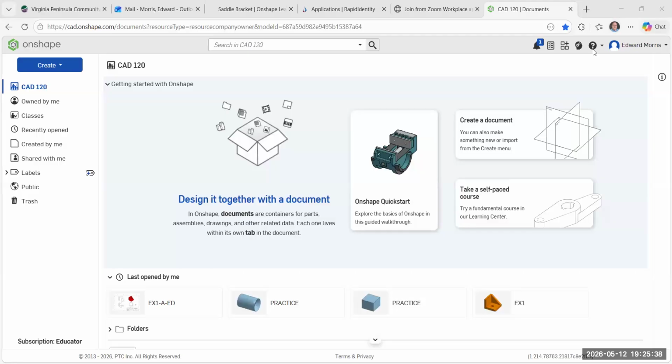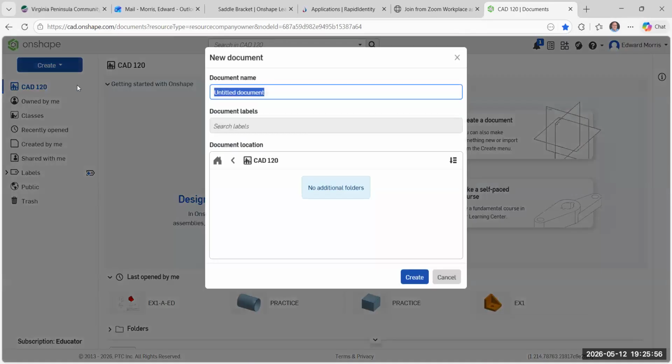Anyway, I'm going to go ahead and share my screen with you. Okay, so you should now see, when you log in to OnShape, this is the screen that you will see. So we're going to select Create, and I'm going to come down to Document and select Document. And we will call this exercise 2